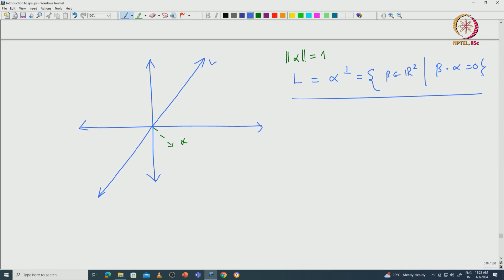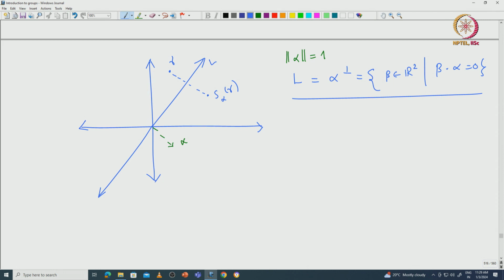So now if you take some gamma which is on this plane, and you want to reflect it, then you reflect with respect to this line. So then basically you will be just mapping this to this S alpha of gamma. Okay. Now note that I can write this reflection with respect to this L as S alpha, because the reflection with respect to this L is uniquely determined by this chosen vector alpha.